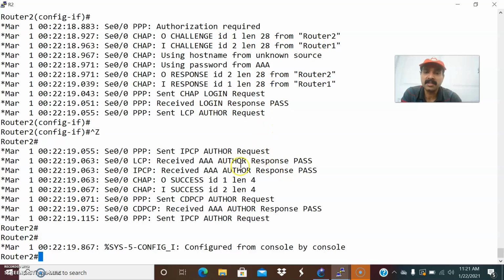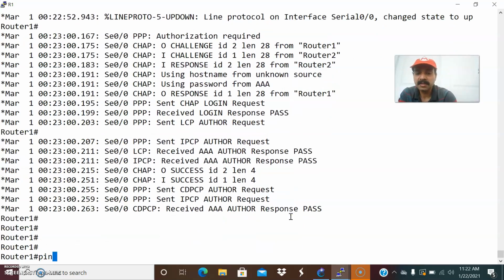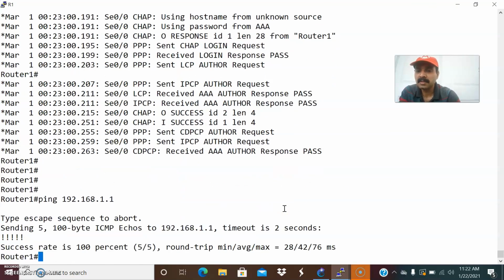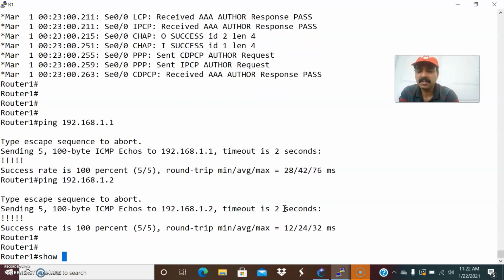So both have succeeded in authorization and authentication. Now we are good to go. Let us ping 192.168.1.1. I'm able to ping both ways. Let us ping 192.168.1.1 and 192.168.1.2 also. I'm able to ping both the interfaces.